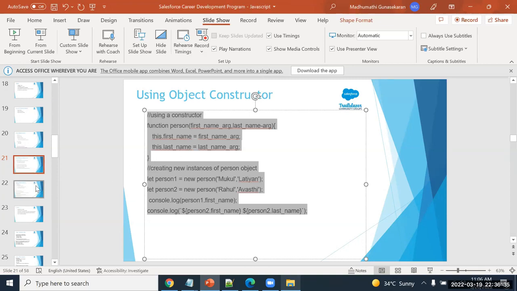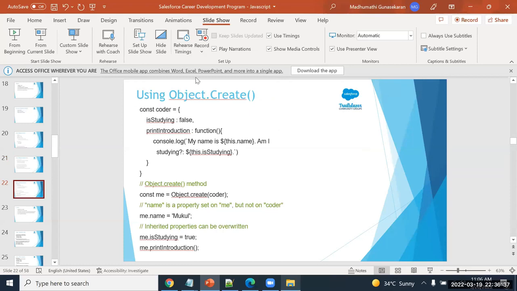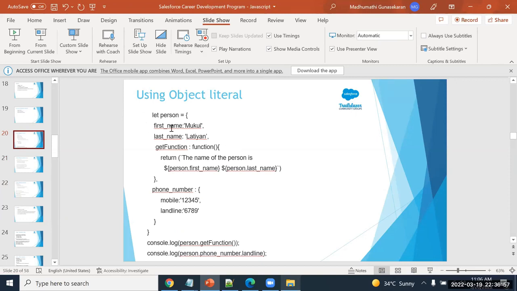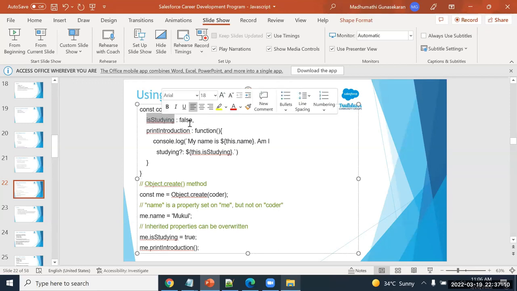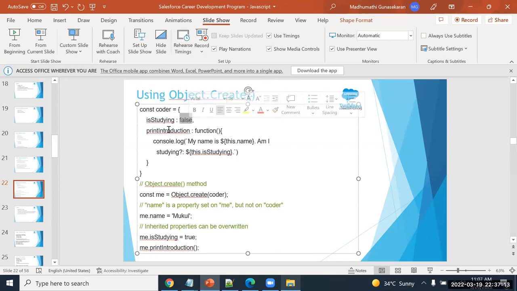So through constructor, and the third way is object dot create. It is the same as your first approach. In object literal, you have created an object using name value pairs, right? The property and function. So the third is also the same way. Using object notation, you can create an object using curly brackets and name value pairs. So it is a property name and a property value. It's a method name and a method definition. And the one additional step you have to do is you can try creating